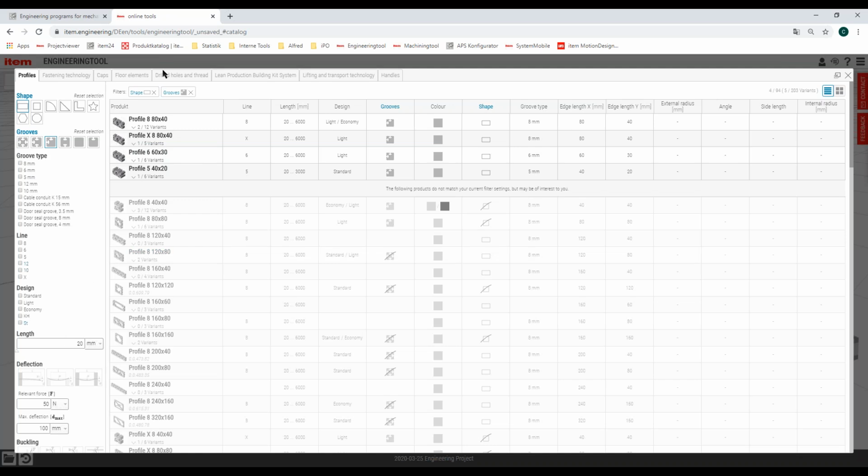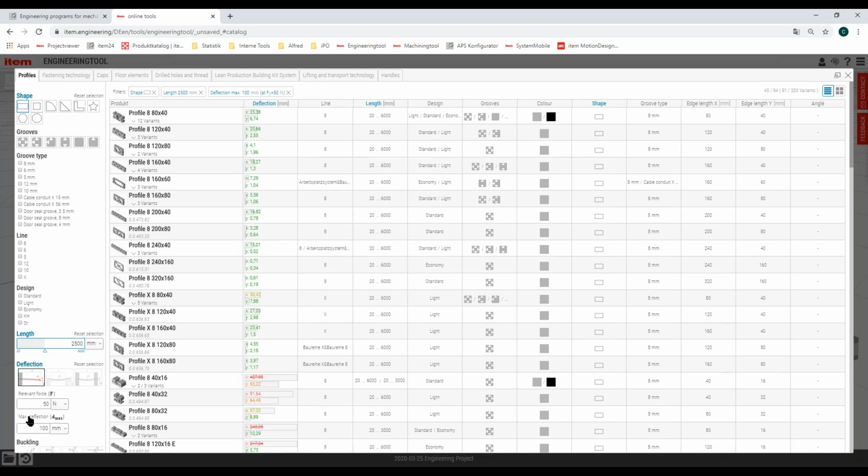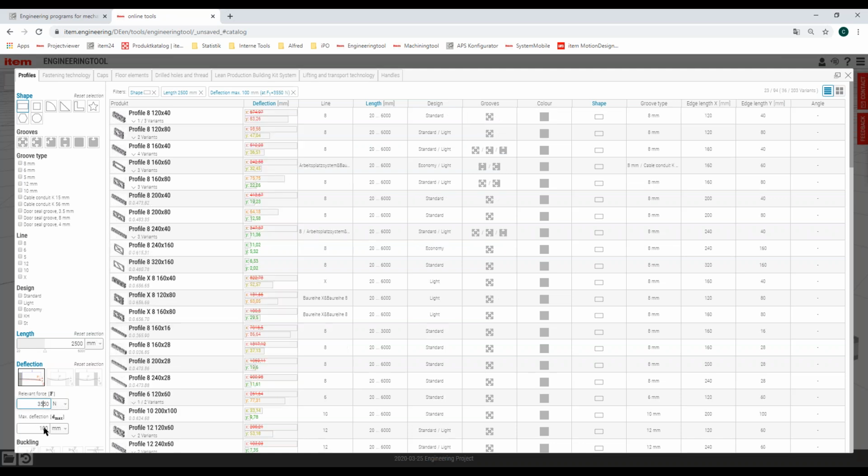Or of course, you could say, I'm not interested in closed grooves, but I'm interested in a profile with a length of 2500 millimeter in this deflection use case here, with a force of, let's say, 3550 Newton and a maximum deflection of 10 millimeters.